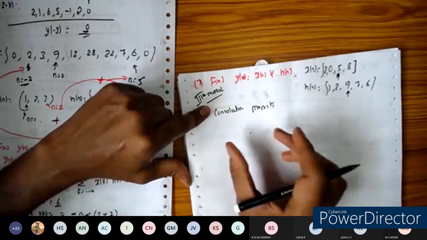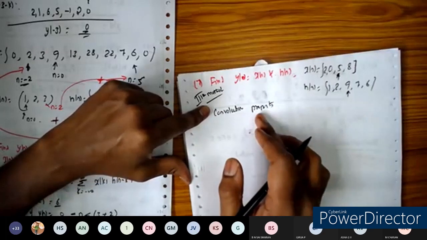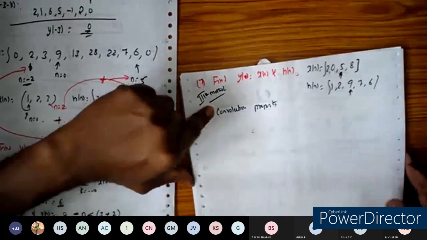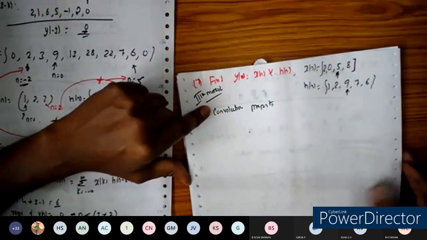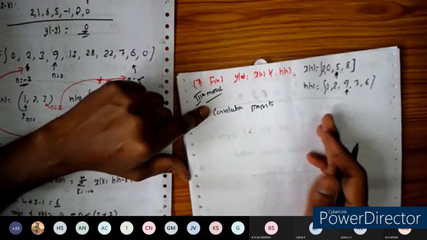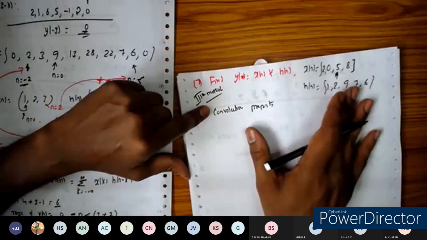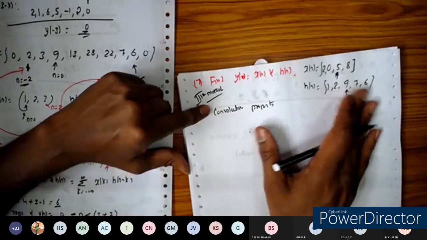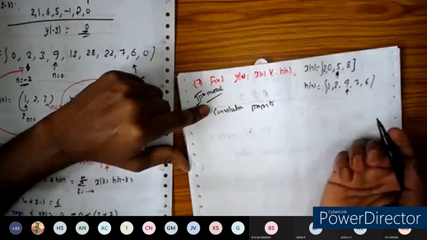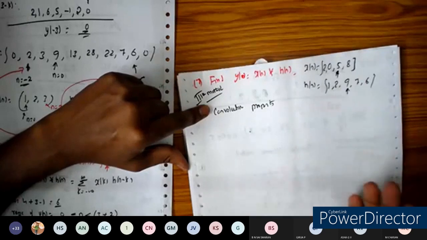Some properties of the impulse function are very important. You're going to use them in communication, and you might even have used the shifting property in your engineering statistics. These properties play a very important role in communication. What we are studying in signals and systems is the basic foundation for upcoming communication subjects, digital signal processing, and many more subjects. With this foundation, you're going to study a lot of things.